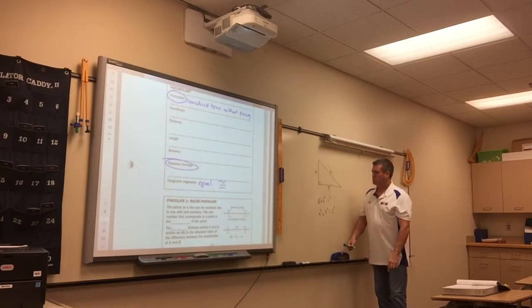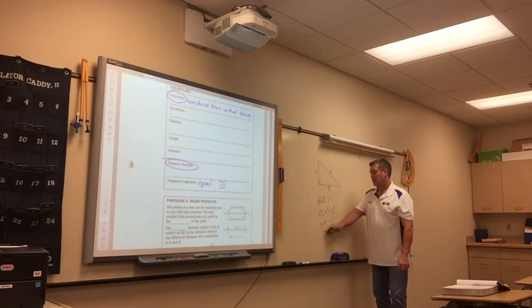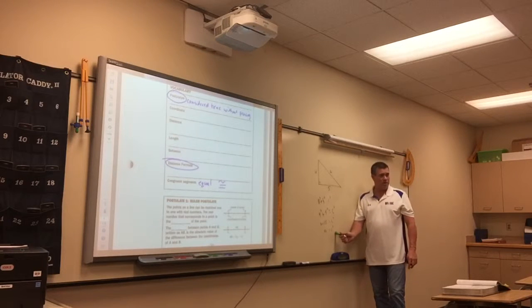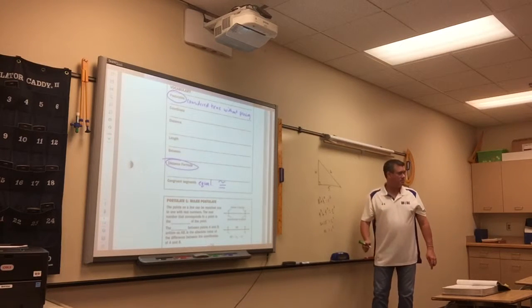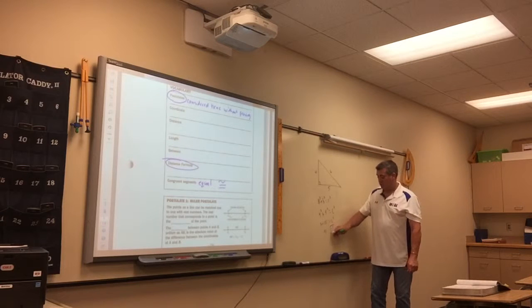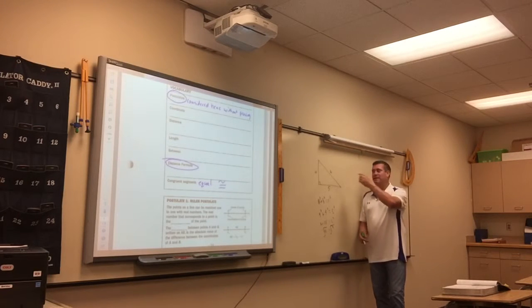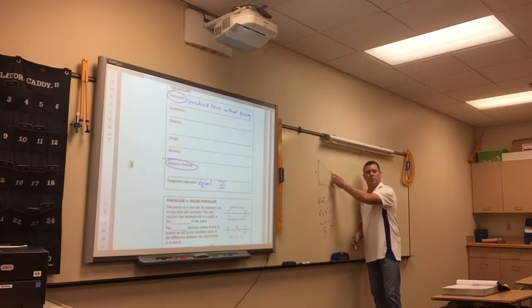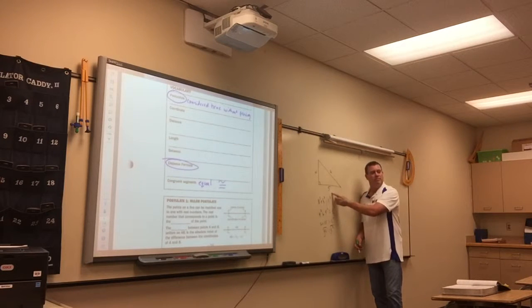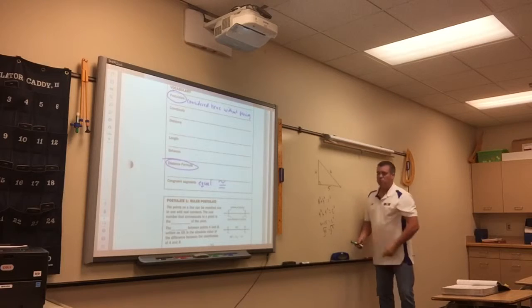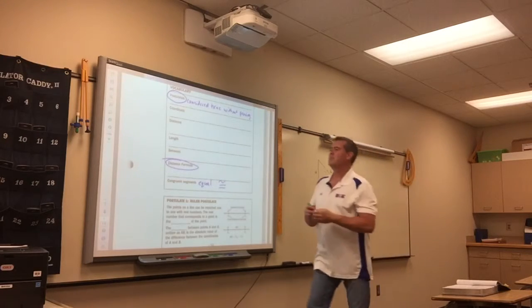So this is 16 plus 25. That's 41. So what do you got to do to get rid of the squared? Square root it. If you stop there, just use your brain and look at it. Could this possibly be 41 units long if this is 4 and 5? No. So when you square root 41,